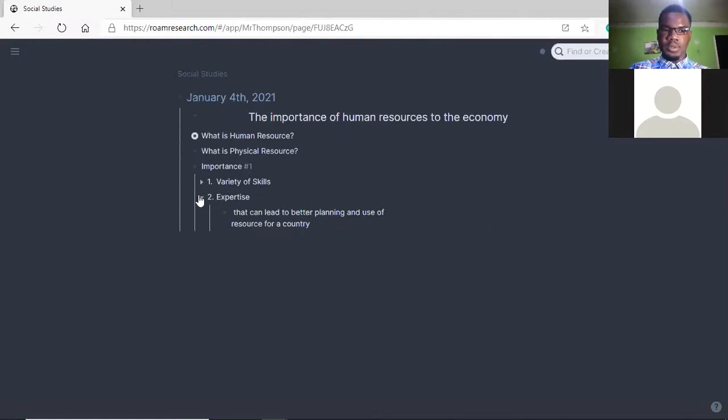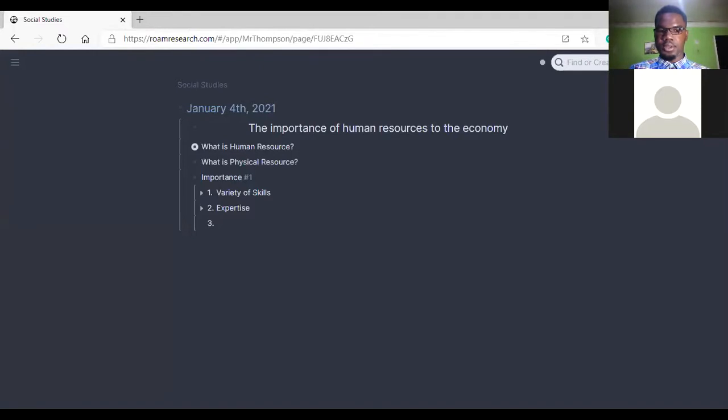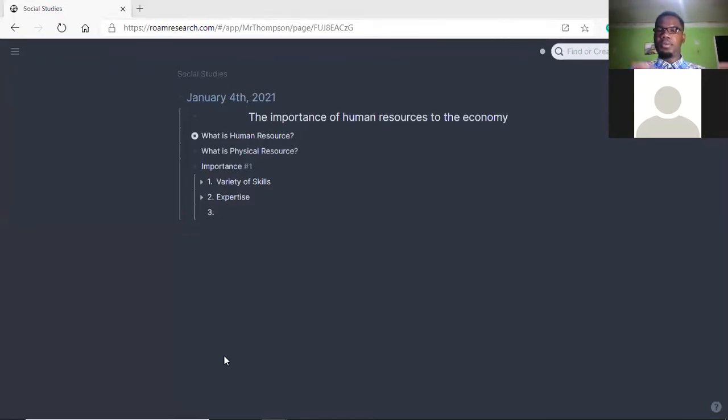Yes, sir. And the last one, because I'm not going to give you too much, is simply this: if I have a whole population that's working, it might not always be true, but the ideal way of thinking is that people are working, and that improves standard of living. It might not be true because some persons are working minimum wage jobs and barely surviving. But for the status quo of just saying that you work, you improve your life, that's what we mean. Because it gives you an improved standard of life. Might not be a rich life, but that's an improved standard, right?